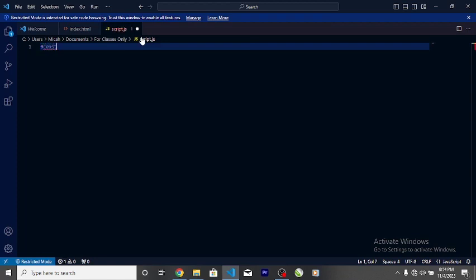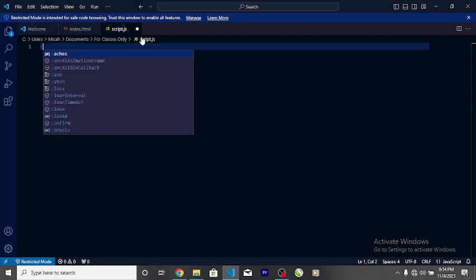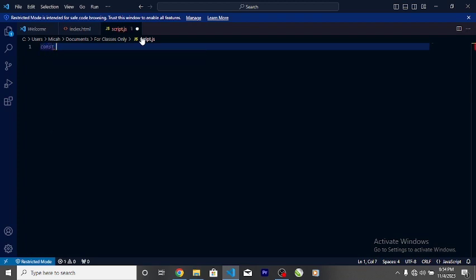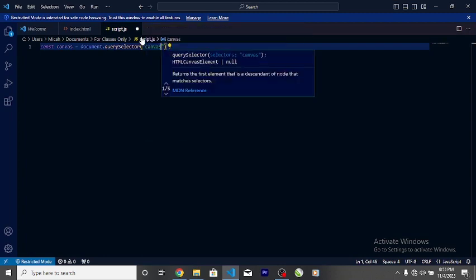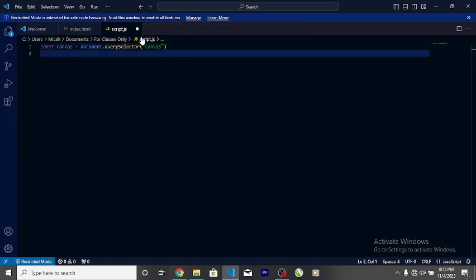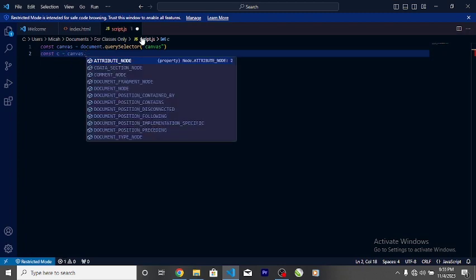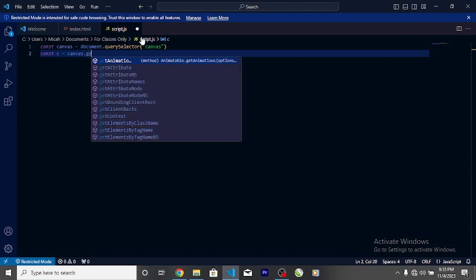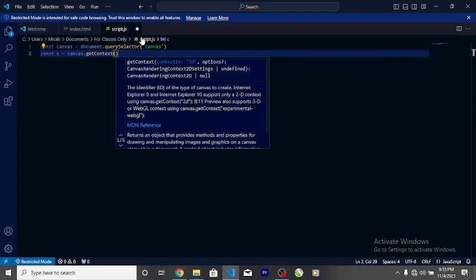const canvas equal to document.querySelector, canvas, as the canvas we're selecting. Then we're going to say const c equal to canvas.getContext, and that's going to be 2d,